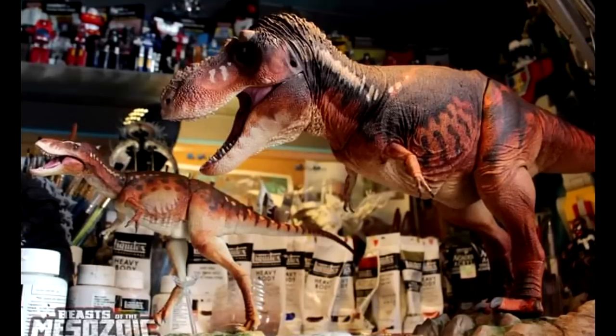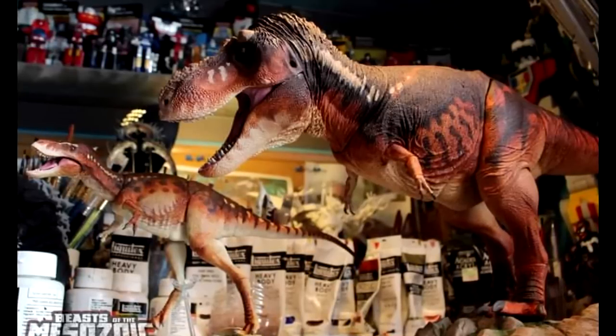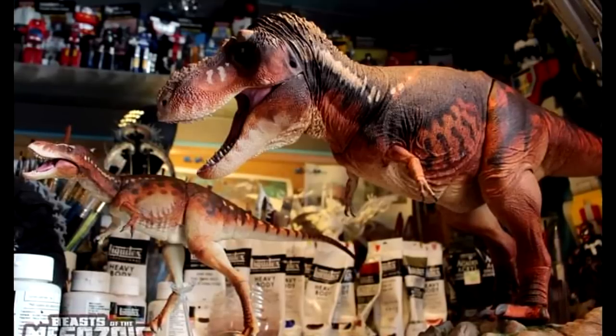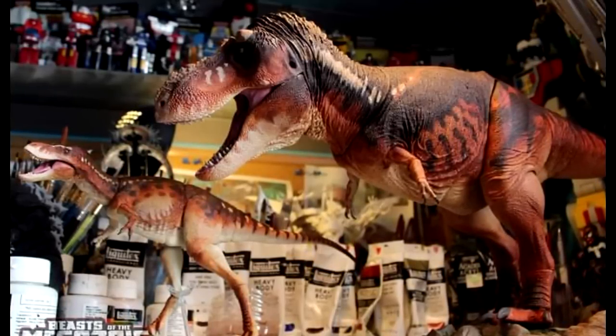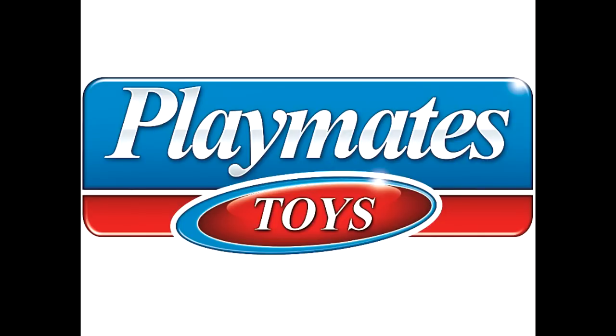These two together look incredible, and the adult Tyrannosaur now being fully finished as far as the paint application goes shows off just how awesome that model looks as well. Definitely a very exciting time to be a dinosaur collector, especially when you have lines as incredible as the Beasts of the Mesozoic. And then in something that I thought was really cool and is kind of dinosaur related, Playmates,